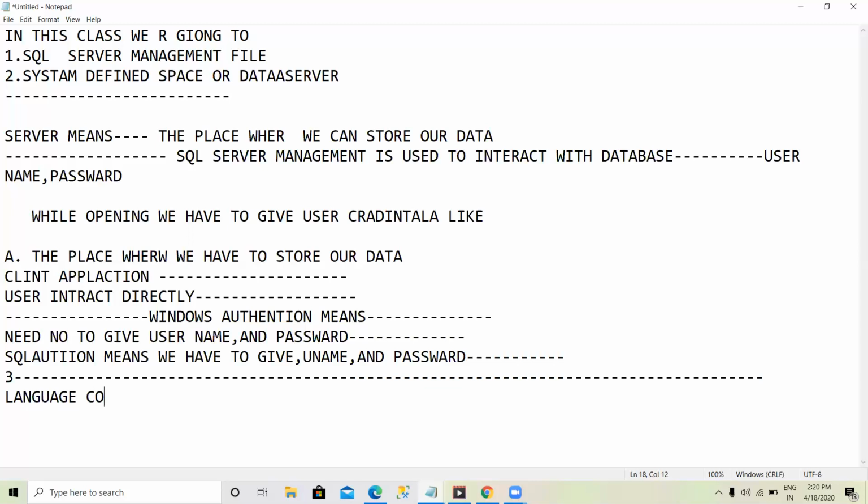Language commands. What is the purpose of language commands? The purpose is to interact with the database, to perform operations.